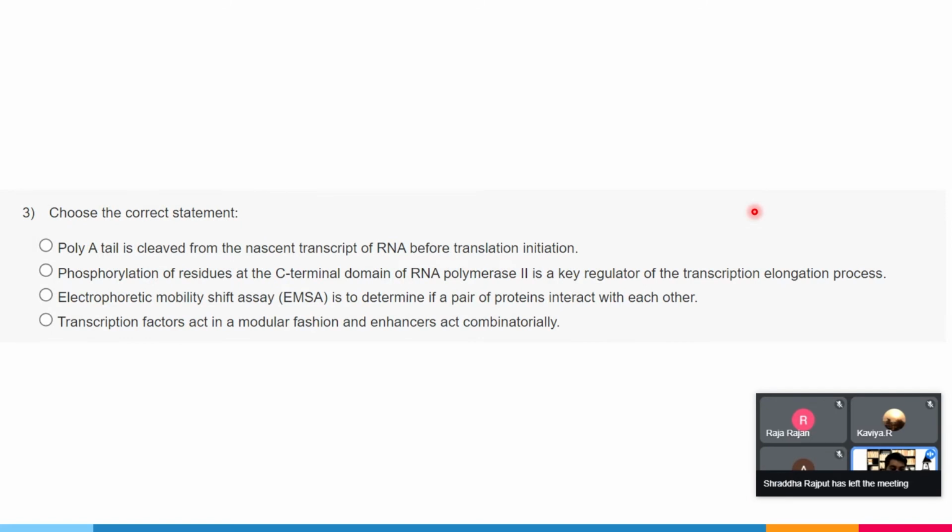Okay, so that was the first question regarding mol bio, and we have the second question now. Choose the correct statement. The statements are: the poly A tail is cleaved from the nascent transcript of RNA before translation initiation. Phosphorylation of residues at the C-terminal domain of RNA polymerase II is a key regulator of the transcription elongation process. Electrophoretic